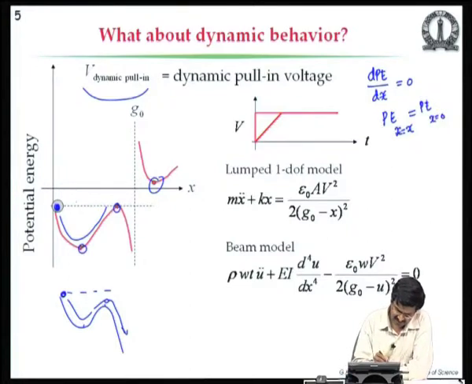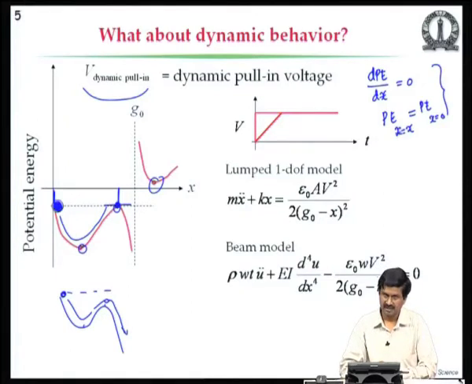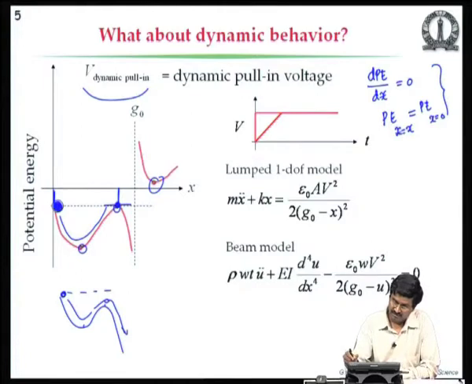That is, we are saying the potential energy here is the same as here, that is x equal to 0, the starting point, and x equal to where dPe by dx equals 0, the slope is equal to 0. These two equations you solve,